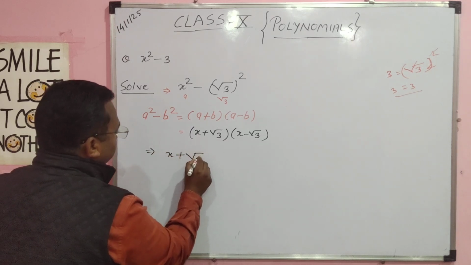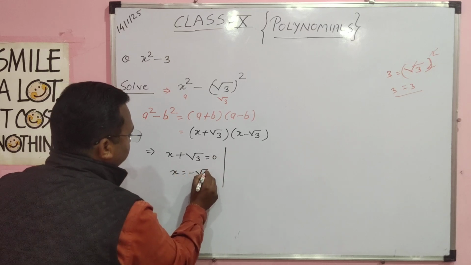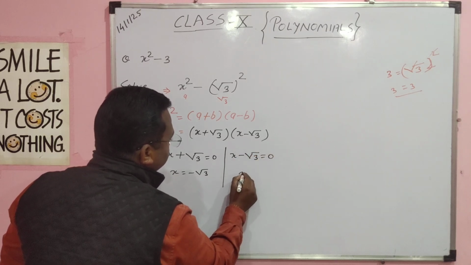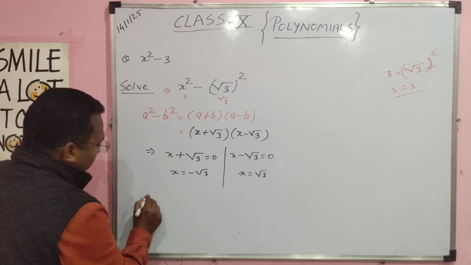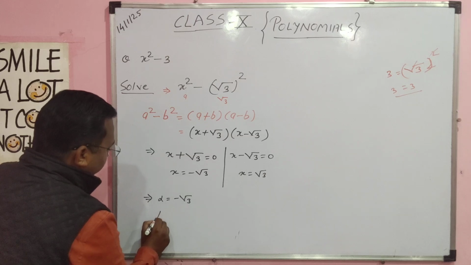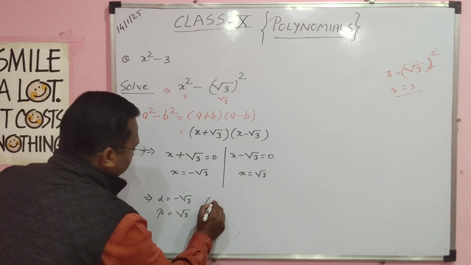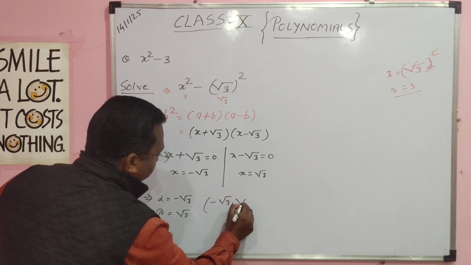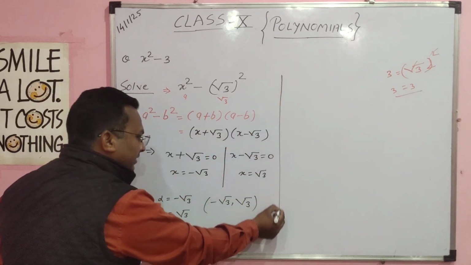Now convert into zeros. x plus root 3 equal 0, so x equals minus root 3, and the second is x minus root 3 equal 0, so x equals plus root 3. So we have alpha equal minus root 3 and beta equal root 3. We write here minus root 3 and root 3. Okay, so our next step is